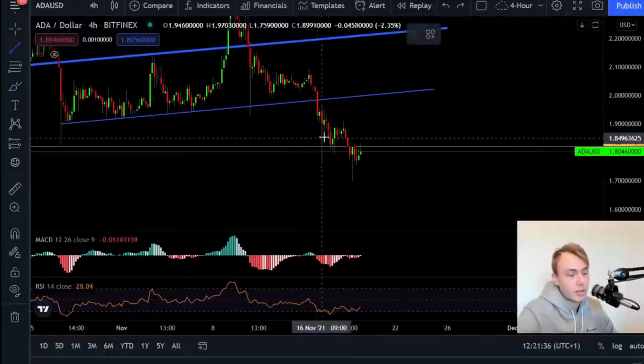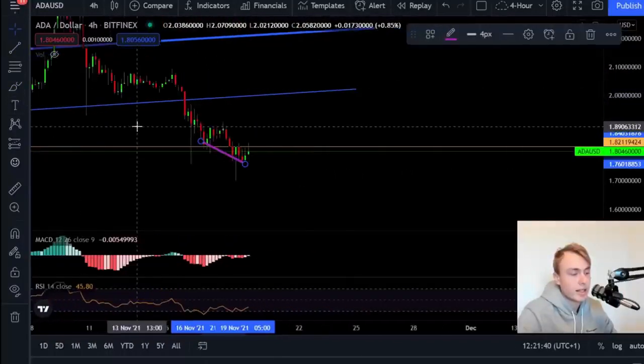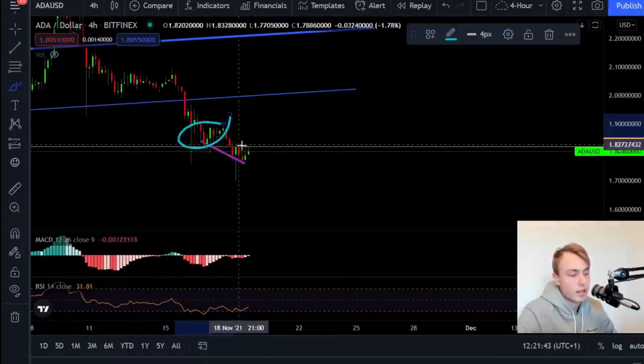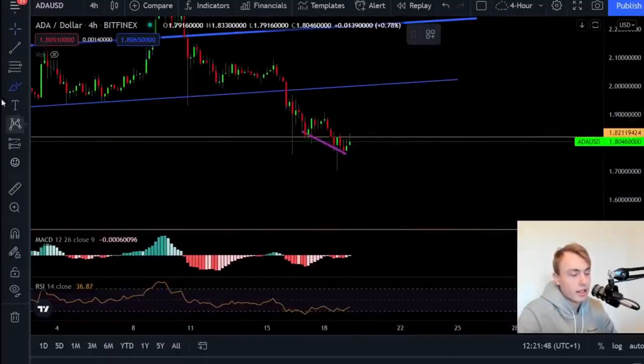This sign I do want to talk about here is that you can see we're printing one low and then a lower low. It seems like we will be getting a lower low here. You can see one low, lower low. But if you take a look at the indicators,